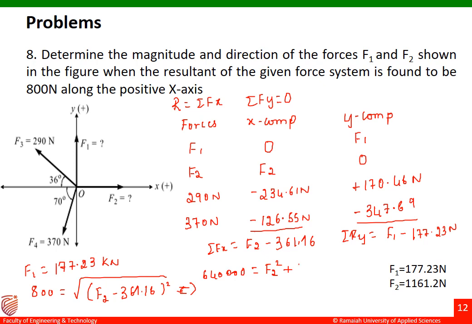We get it as 130,436.55 minus 2 F1 F2, that is 2 into 361.16, that is minus 722.32 F2. Okay, so once we solve this equation, we are going to get the answer for F2 as